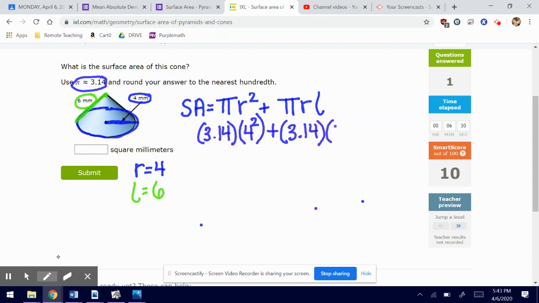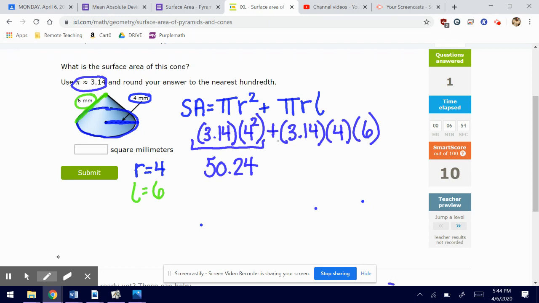My r is 4, and my L is 6. I got those numbers from right here. So now I'm just going to use my calculator to calculate this up. I'm just going to do the first part first. So I'm going to do 3.14 times 4 squared, and that's